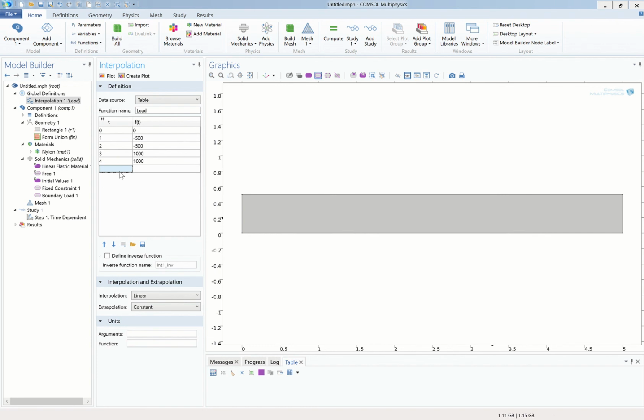Okay, and at t equal to 5 seconds, let's reduce the upward load to pushing up on this face, or on this edge, to 500 pascals. And at 6 seconds, let's just hold it there for a little bit. And then at 7 seconds,